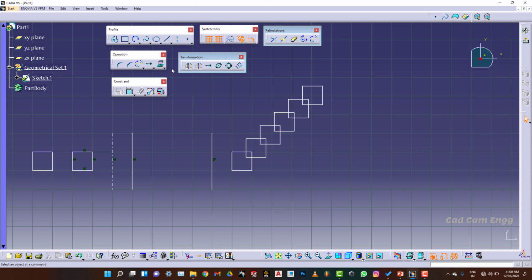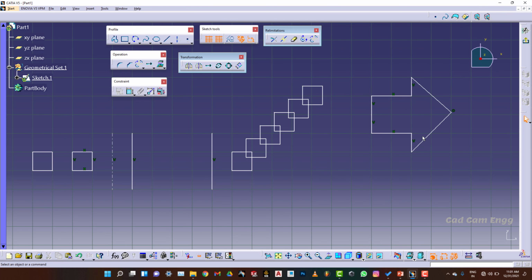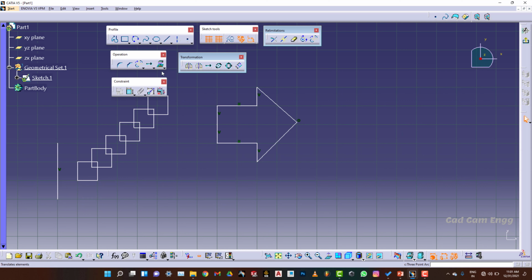After that, rotate. For this rotate I am going to draw a certain profile for easy understanding. Here I have an arrow like this, and I want to rotate this arrow, and this arrow should face this side. Means both these lines should face that side.